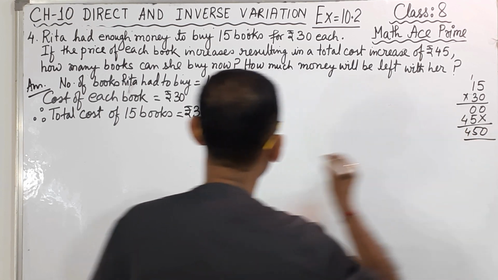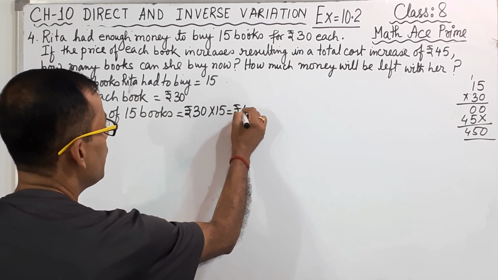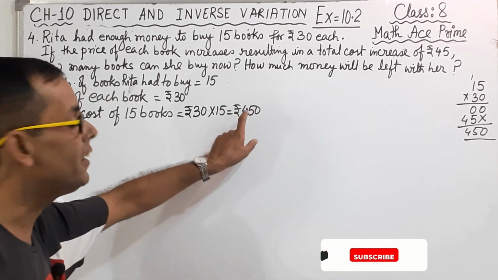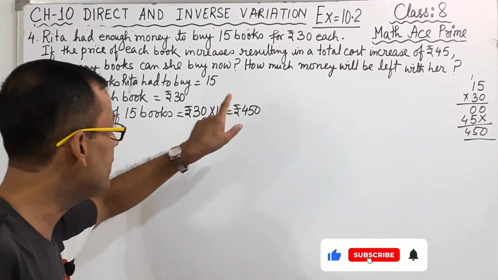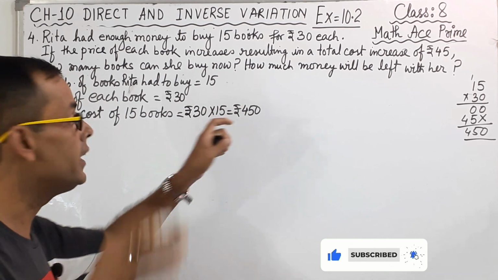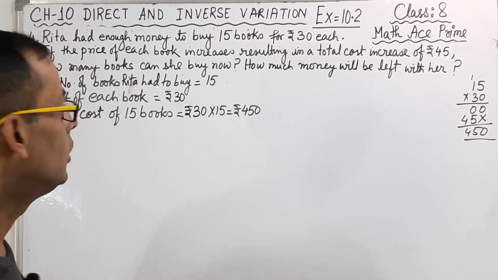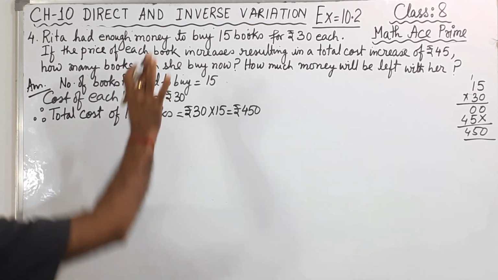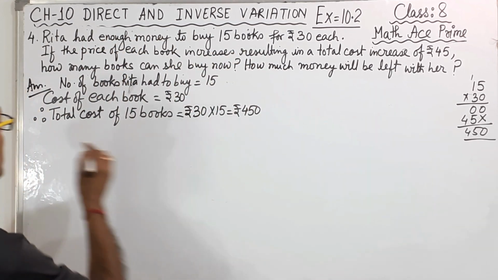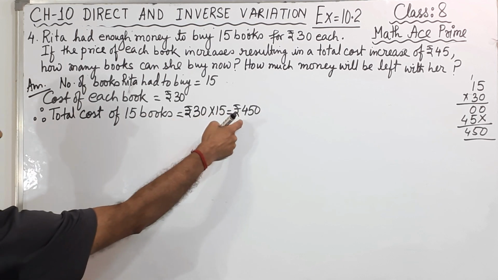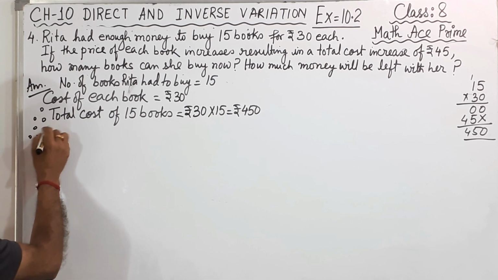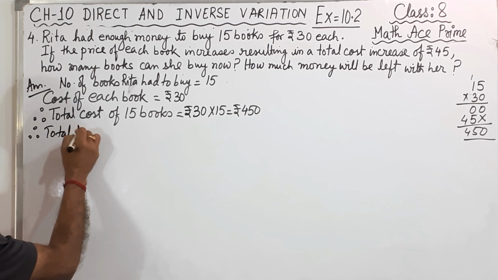450. So to buy 15 books, Rita has to pay ₹450. That means ₹450 is with Rita. Okay, that's why it is told Rita had enough money. She has enough money to buy 15 books. So what will we write this one? This is only the money Rita has with her. So therefore, total money